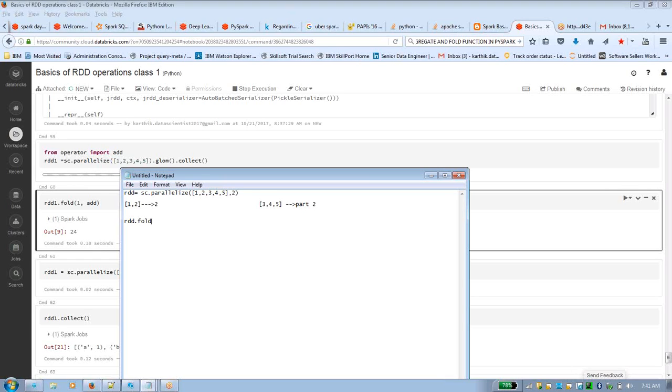Fold, we give it as 0 value, comma, add. We take actually 3 values. So we'll try this particular thing. So this is the 0th value, right? So it is doing first, at very first instance, it is taking